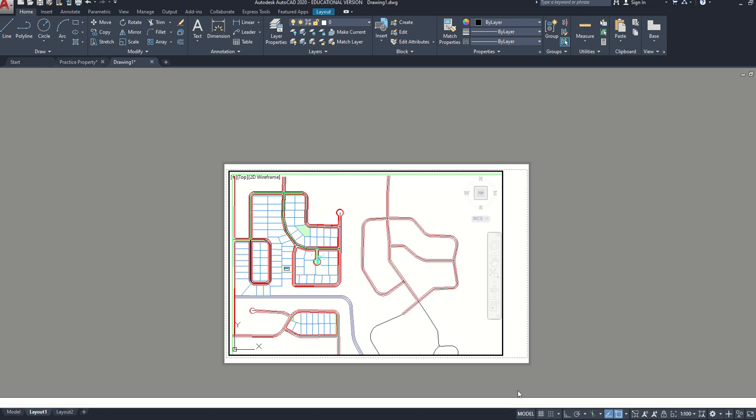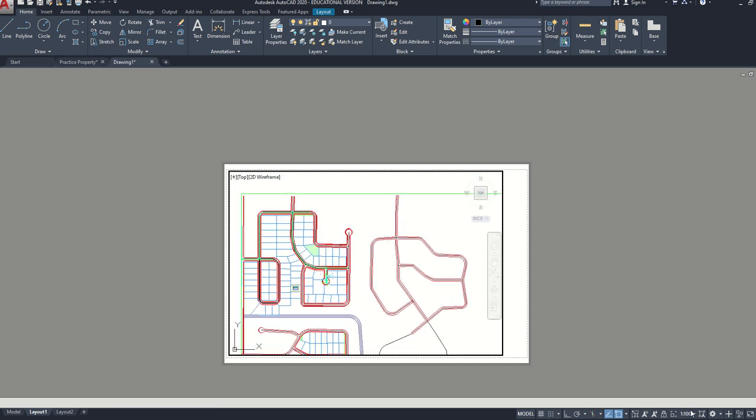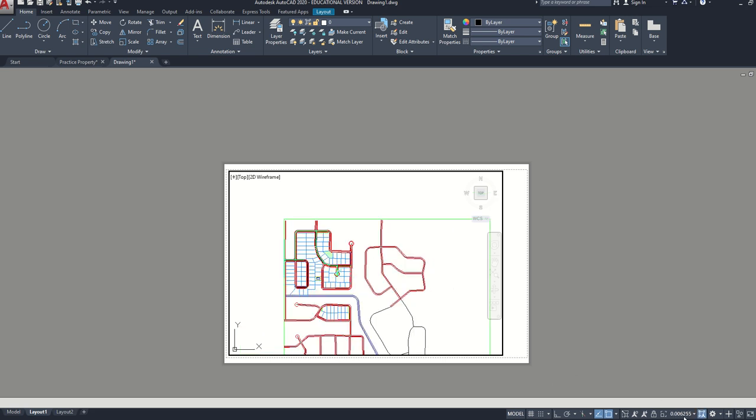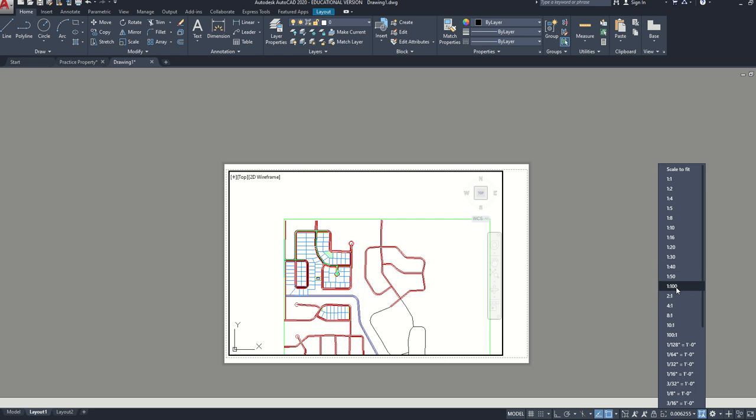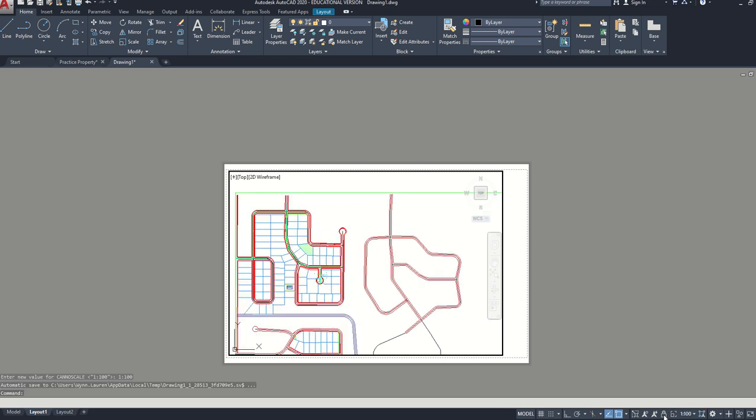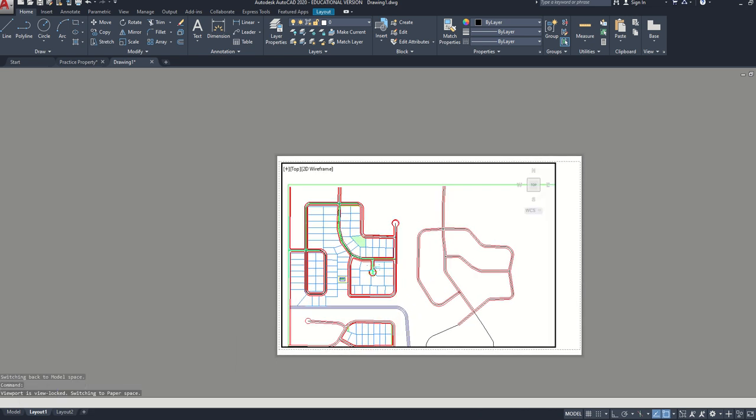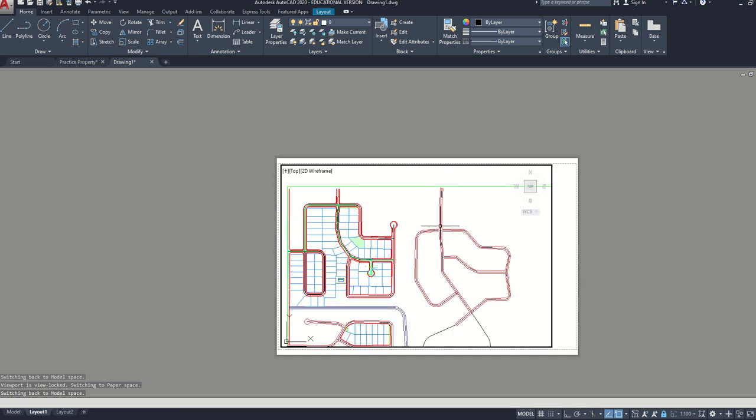So once you have it set to that, okay, see, I can pan around, the scale doesn't move. However, the second that I zoom, see, that scale adjusts. So you want to set that to 1 to 100. You want to click lock. And so now if I try to zoom, I'm just zooming in paper space, but I'm still in model space. So once you have that set, double click out of your model space back into paper space, and